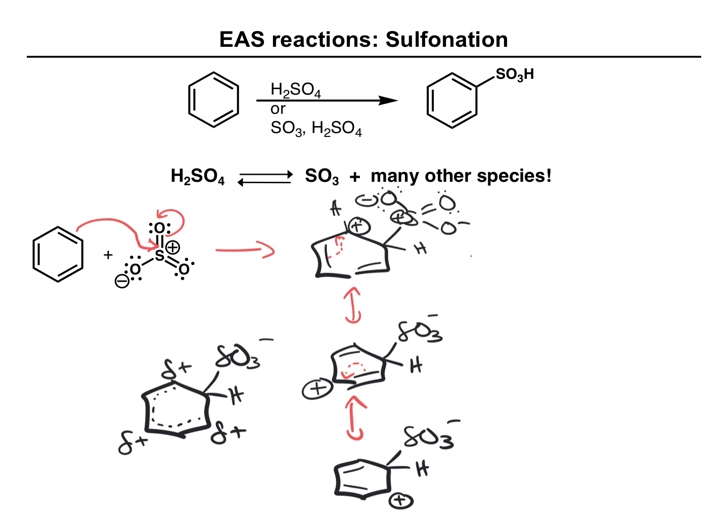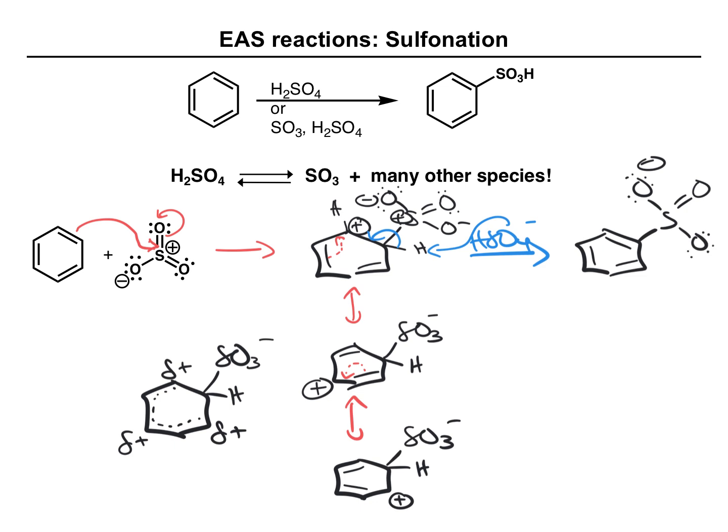Now when we come back to the main reaction, we can think about HSO4 minus or water could act as the base, grab off this proton, allowing these electrons to fold back in here, and that gives us this, where we're not quite done because we need to think about one more step, which is an acid-base reaction, where one of these O minuses grabs off a proton, giving us